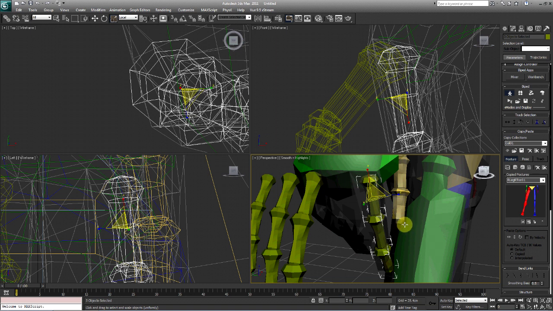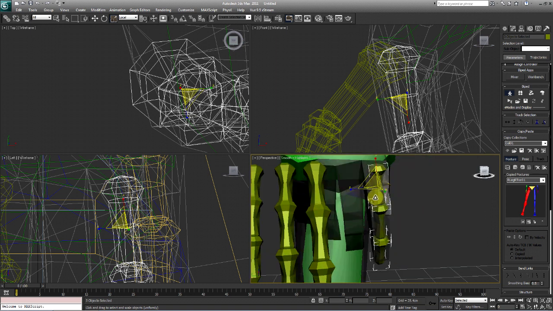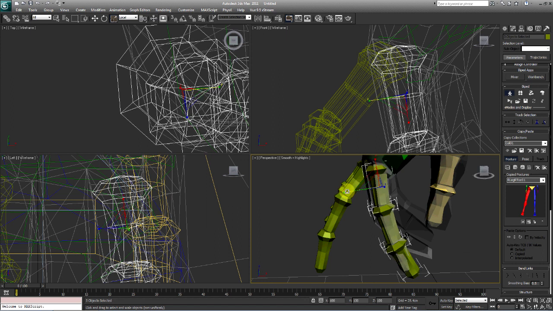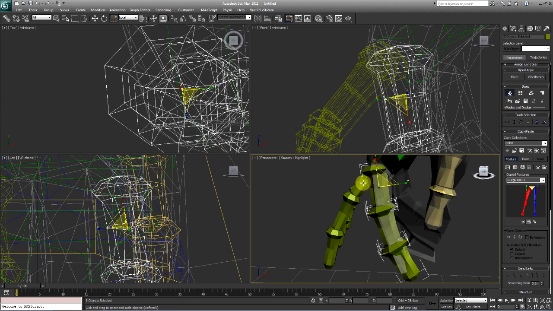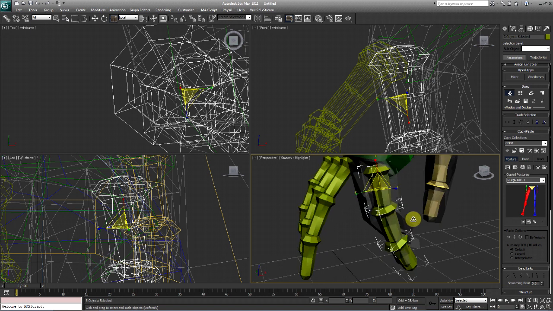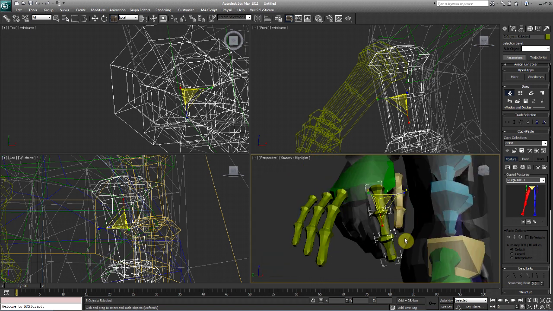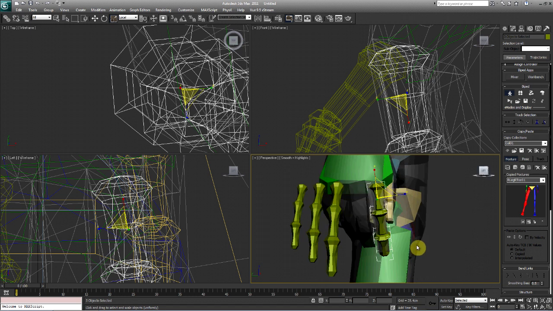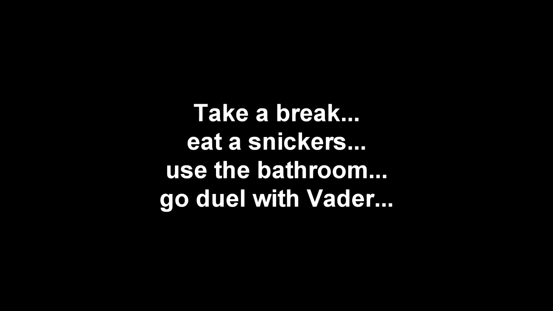Let's go ahead and scale that like that. That's pretty good. Okay, and I'm going to cut it from right here, and then we'll meet back here in a second. So just make sure you work on the right side of the arm first. Let's get all the fingers lined up, and I'll see you guys back here in a second.